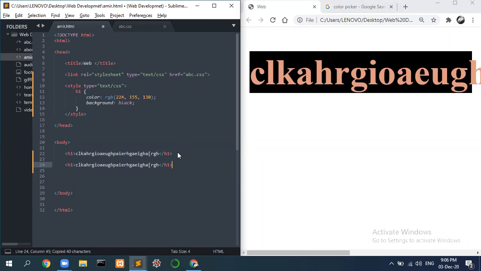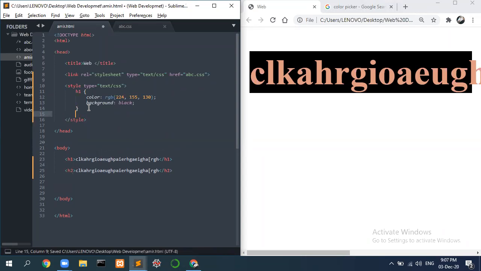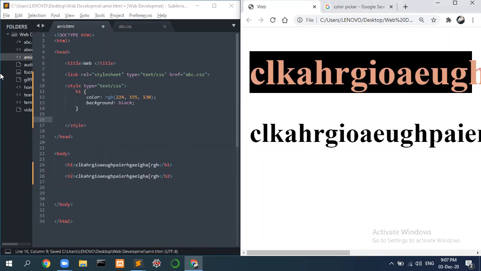So RGB stood for red, green and blue, and RGBA stands for red, green, blue and alpha. So this alpha has a value from 0.0 till 1.0. So if I just refresh my browser, okay. What the alpha does is it just adjusts the opacity, like how opaque you want that color to be. Okay, so if I just style my H2 tag,